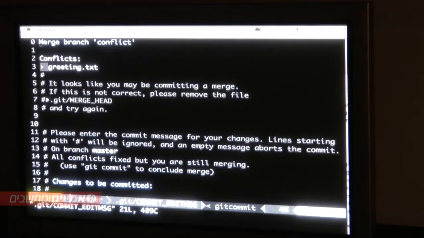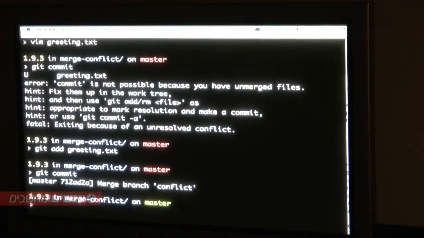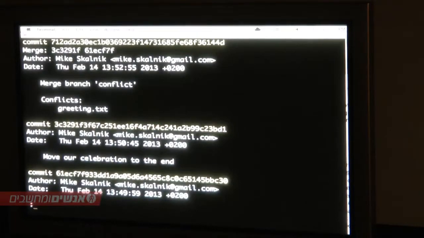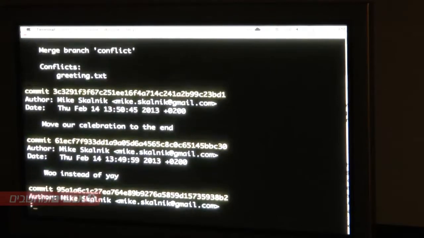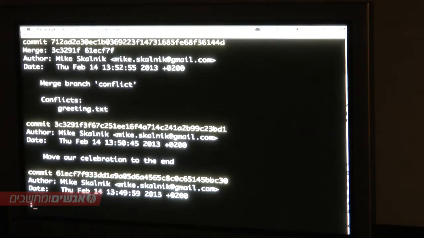So now it's like, okay, you're doing that merge that you were trying to do before, and it automatically says, hey, there was a conflict in this file, and annotates it for us. So people down the line will say, oh, they did this commit and there was a conflict, and they might say, oh, maybe Skalnik did not resolve this conflict properly. But because it automatically annotates it for us, they would know. You can change this message if you want, but I usually leave it as is. And then if we look at our log, all of our commits are there, and our one conflict is resolved and committed, and it's all good.